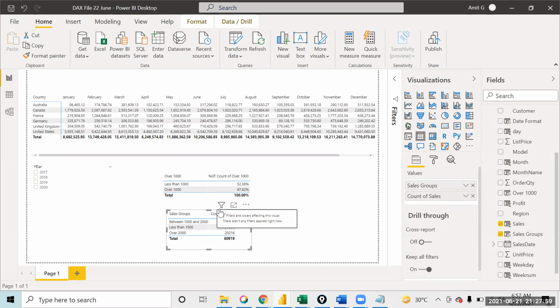Okay, so I think this is where we'll take a pause. We will be starting out with the measures tomorrow, right? How do we make the calculated measures in Power BI? So that is what we will start off with. Okay, anything you would like to ask? Any question? Anything?